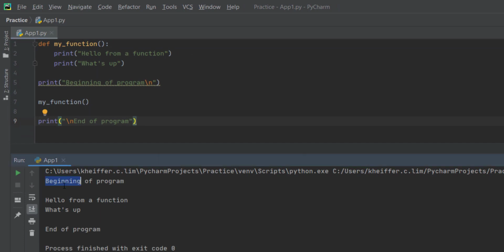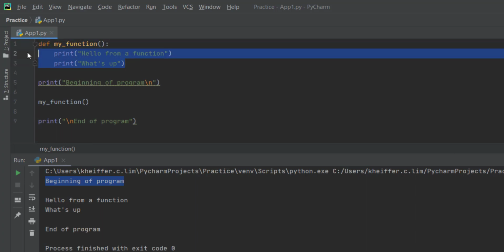The first line in our output is the string beginning of program. Notice that the two print statements in our function were not immediately executed. That's because the body of a function is only executed when you call that function. The flow of the program was, beginning of program, so the print statement was executed first. And then when we call our function right here,